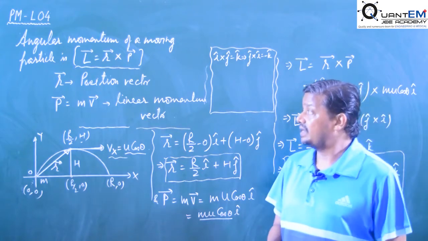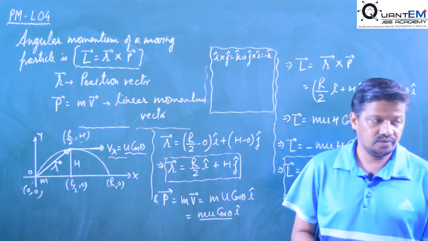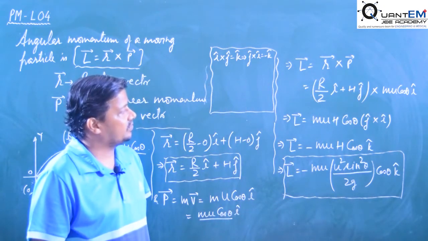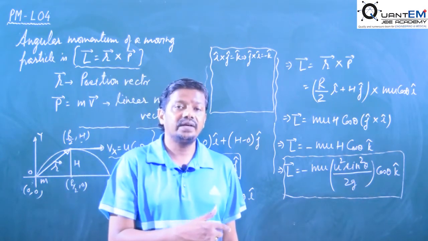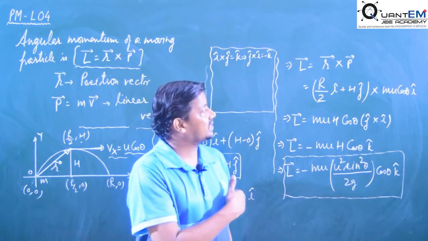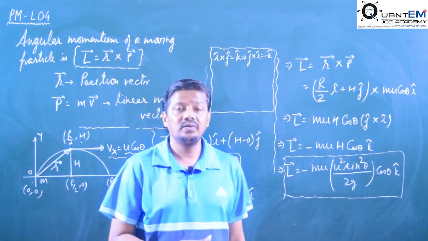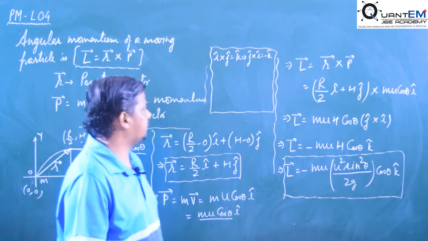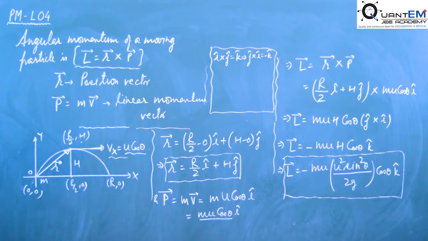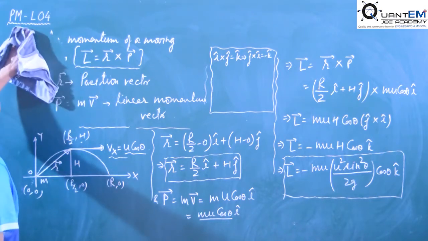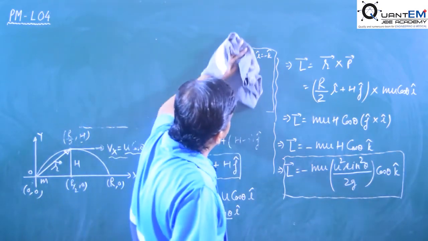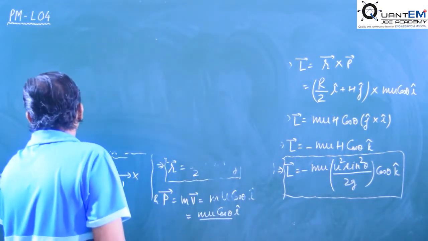Now we move to the last part, which was to find the radius of curvature of the projectile. Although it is part of circular kinematics, I will give you some hint here, and we will derive the formula in that part. After projectile motion and its numericals, we have to do circular kinematics before Newton's laws of motion, the next chapter. So we come to the next part, the radius of curvature of the projectile at the moment it has been projected, and at the moment it is at the maximum height.